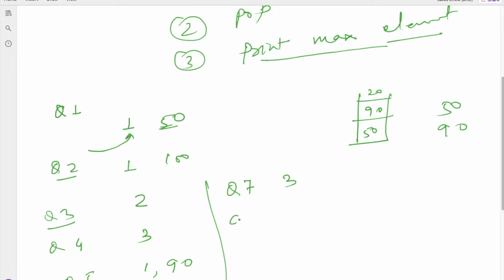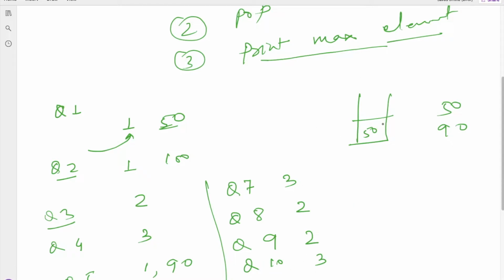Now suppose we are given query 8, and query 8 is 2. So 2 is pop the element, and 20 will be popped out. Now suppose query 9 is again 2, so again one element will be popped out, then 90 will be popped out. Now if I give query 10 and the operation is 3, operation 3 means print the maximum element.